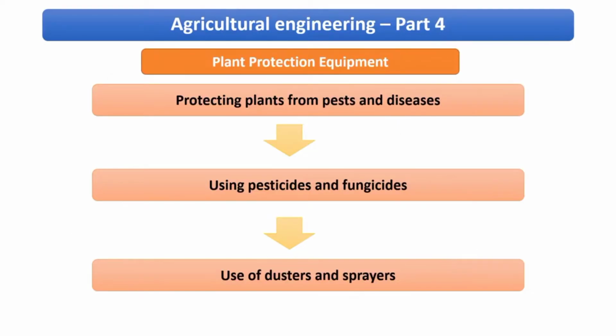So friends, here we'll talk about the plant protection equipments. Okay, so basically, why do plants need protections? Because there are various threats to it from pests and diseases, right? And in today's world, wherein the same piece of land is used a number of times for different crops, there is a greater chance of the prevalence of various diseases and pests. Okay, so for that we need to use pesticides and fungicides. Now in order to apply them, we can make use of either dusters or sprayers, right? So let us have a look in detail at these sprayers and dusters, right?